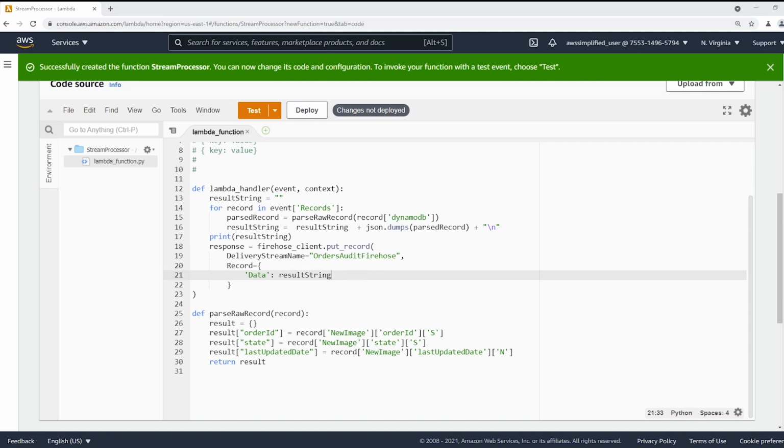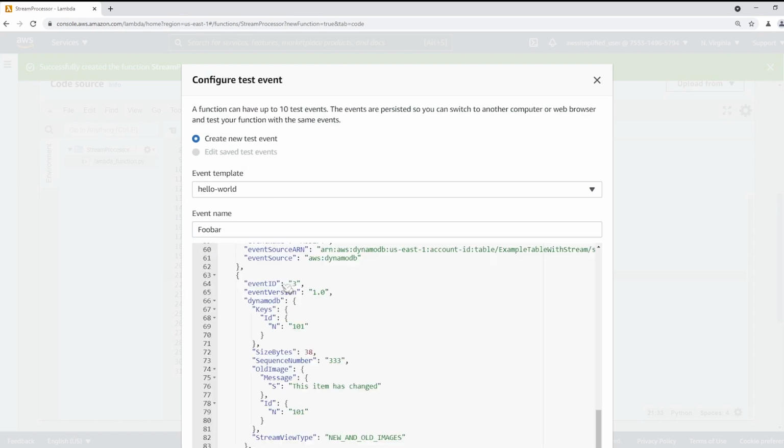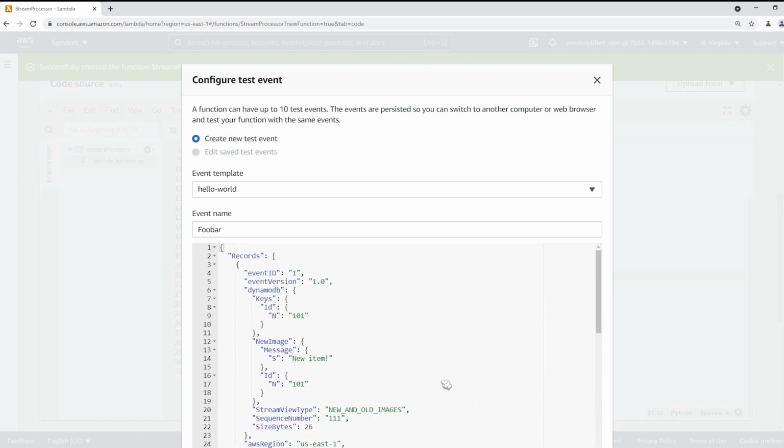So I also have a test event, which I'll include in the code that I've included for this project in the description section. So in order to test this out and see what it's doing, we can configure a test event really quick. So click on that little, actually deploy it first or else this isn't going to work. Click on the down arrow there, configure test event. You can use a template if you want, or you can name your own. So foobar looks good to me. And I'm just going to paste this in here. So this is what our event input is going to look like.